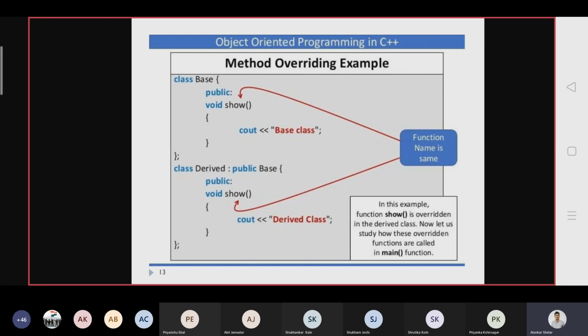Okay. Normally the question is asked: what is the difference between function overloading and function overriding? So the first common difference is that function overloading is in the same class. Function overriding is in different classes. In function overloading, only the method name is the same. Other things like parameter return type, argument list, or number of arguments may be different. In method overriding, all must be the same, but in different classes. Okay, that's why there is no ambiguity.